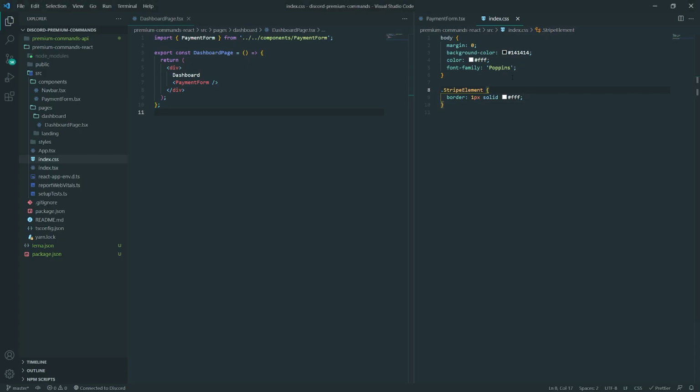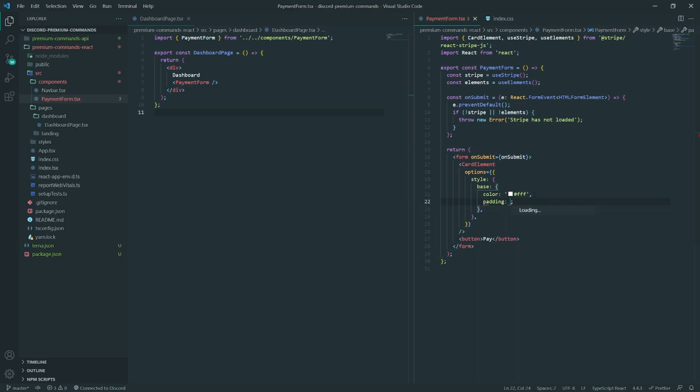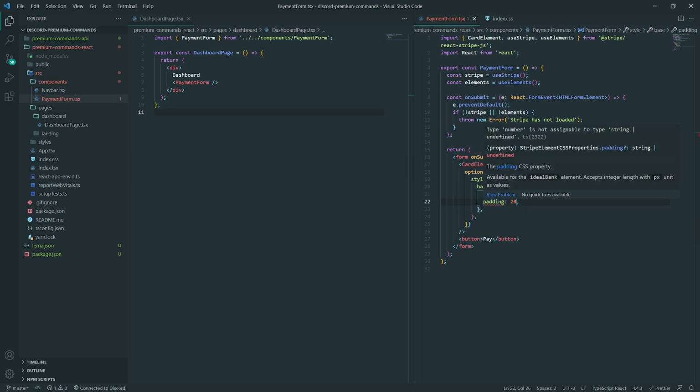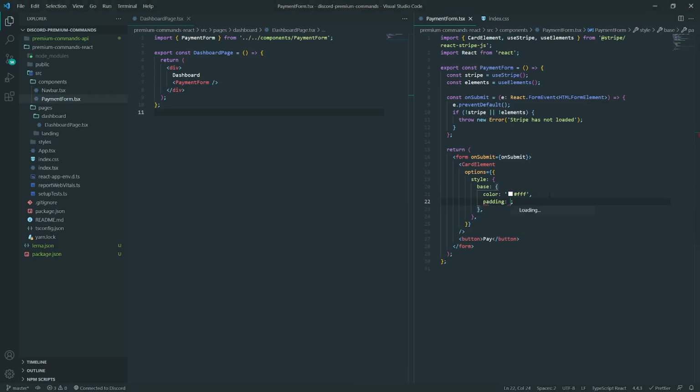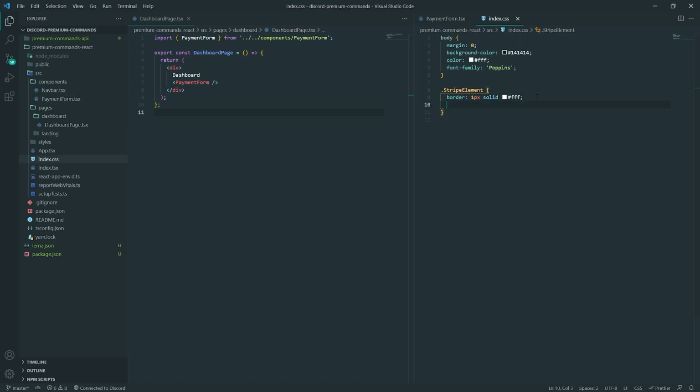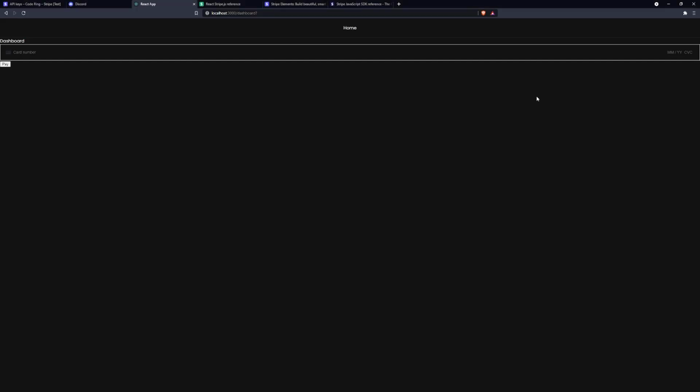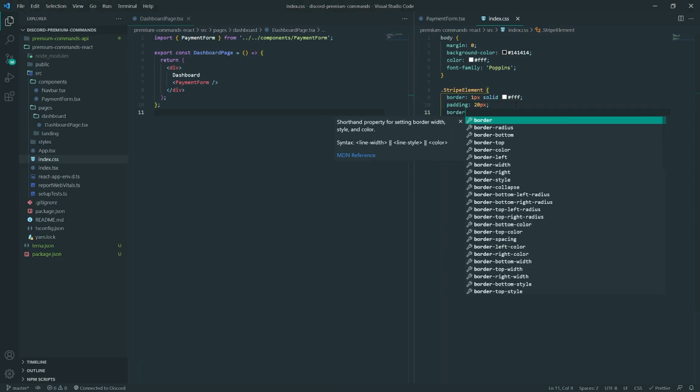You can give it padding as well, though I think you can just give padding here by default. 20 pixels. Did that work? Seems like that didn't work. I don't know if it has to be a number. Not sure why. That should work though. It seems like that doesn't want to work, so we can just add the padding here. Pixels. There we go. So that's some nice padding, and then we can also give it a border radius